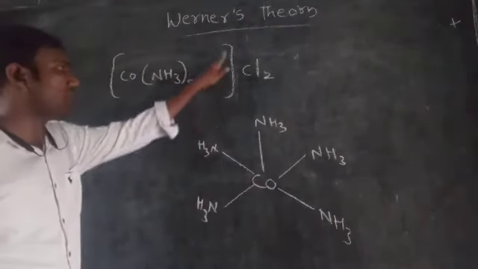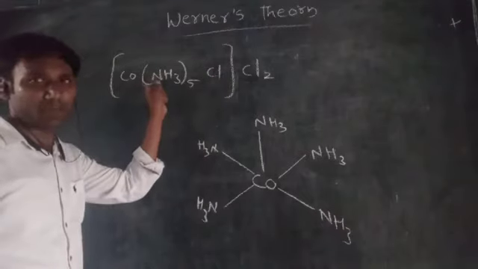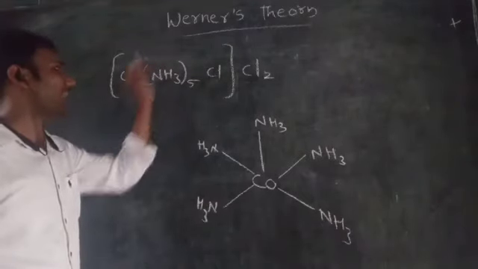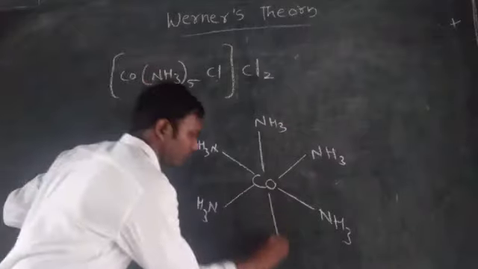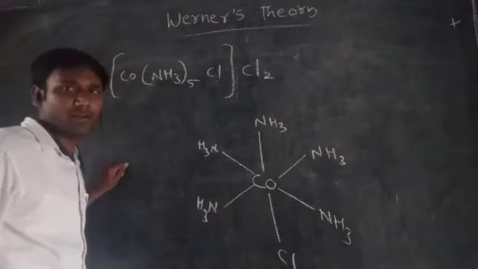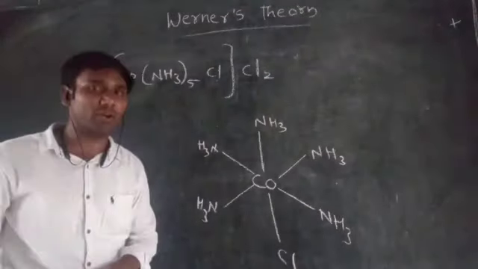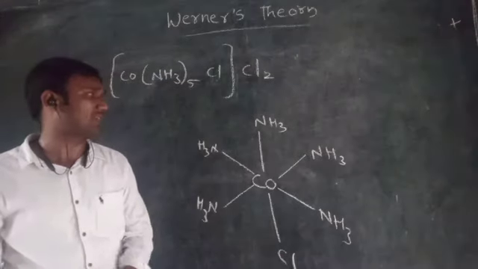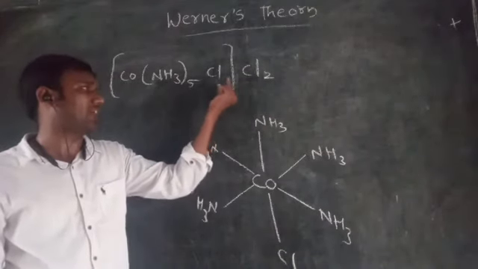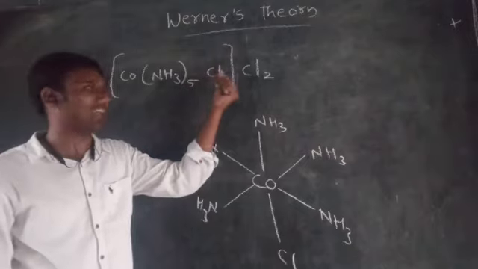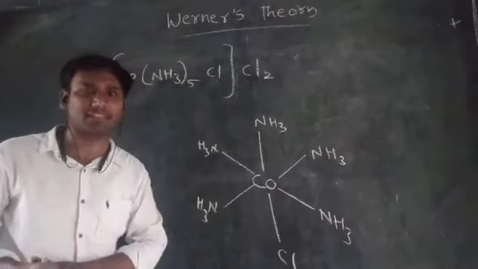So now this chlorine is present in the coordination sphere. At the same time, this chlorine is donating the electron pair to the central metal atom. At that time, we are showing the symbol with a thick line. And one more important point: the negative ion which is present in the coordination sphere satisfies both the primary valency and the secondary valency.